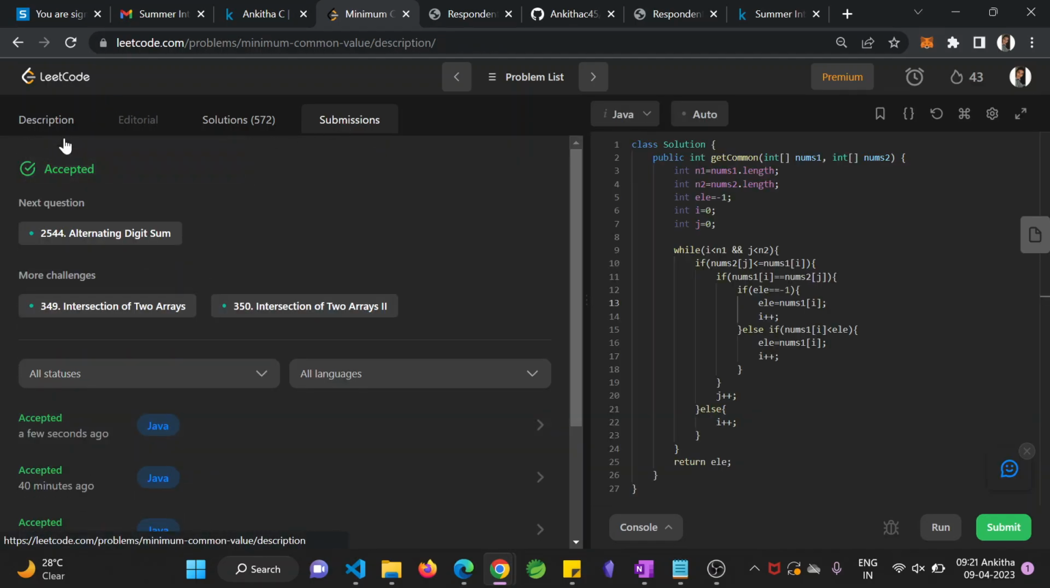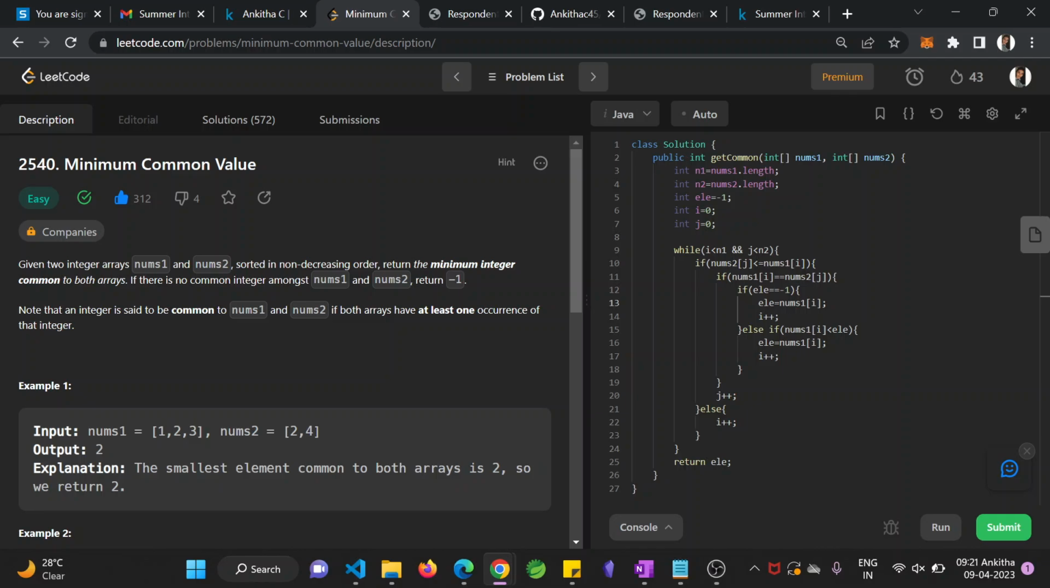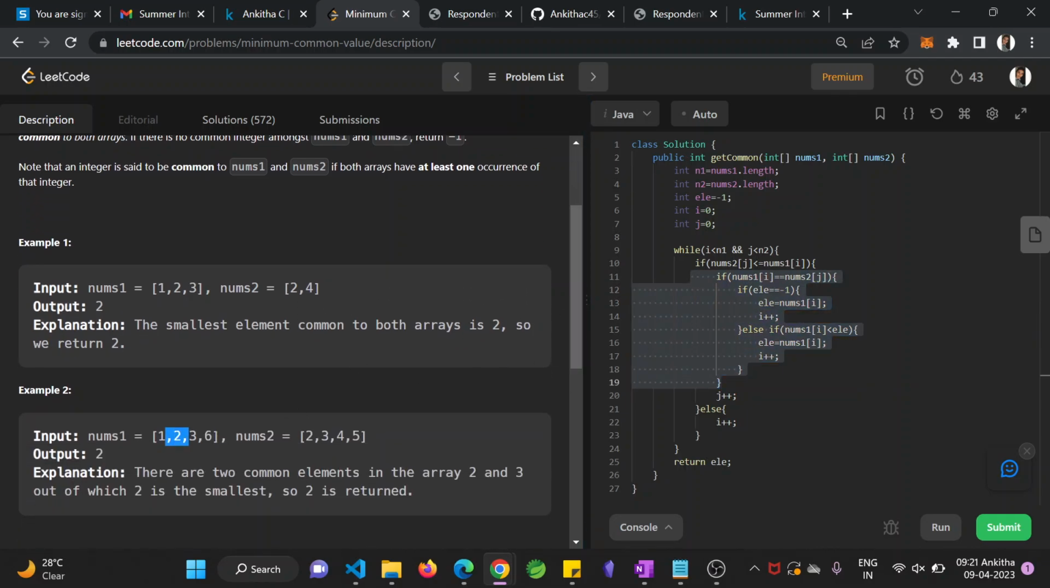So while looking into this code, you might get a little confused. But if you trace the code with an example, or at first look into the example and solve the problem manually on paper, then you